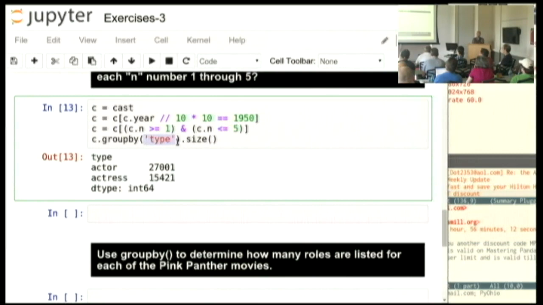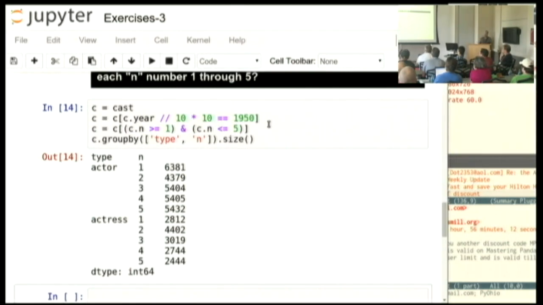The real magic of group by is that you can give it several things to group by. So you could say group first by type and then by n value. And it does all of the work of grouping however deep you want to go, having main categories and subcategories all the way down. Now, this is interesting. I want to look at how the distribution of actor and actress roles differed for n equals 1 and 2 and 3. And here it's kind of hard. If I want to compare the 1s, I have to move my eyes from up at the top to down at the bottom and back up.